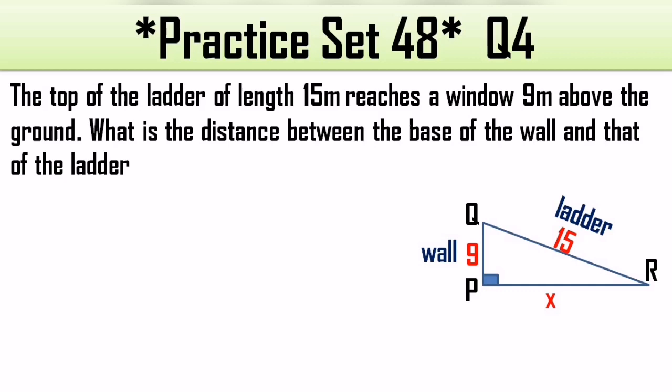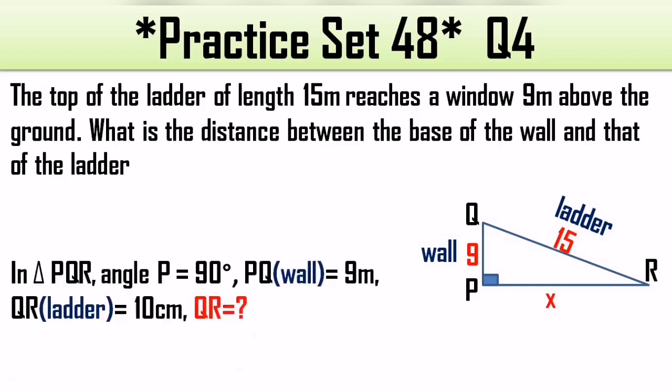The moment you keep the ladder, the triangle is formed. So I have chosen triangle QPR, and why is it 90 degree? Because anything which is in erect position on a surface always makes a 90 degree angle with the earth surface. So here we go with the Pythagoras theorem again, to find the value of PR.